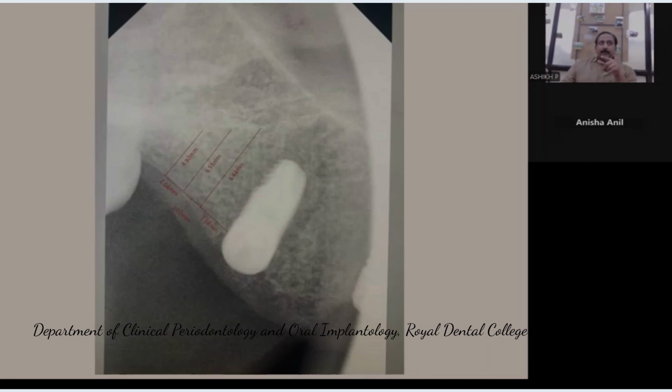The tooth over there was extracted long ago, so naturally you'll be expecting a dense bone. But the nearby tooth which you're going to extract today is mobile. So that area has inflamed bone in proximity, and naturally it cannot be a very dense bone. It could be D2 or D3, or more towards D3, which is favorable for